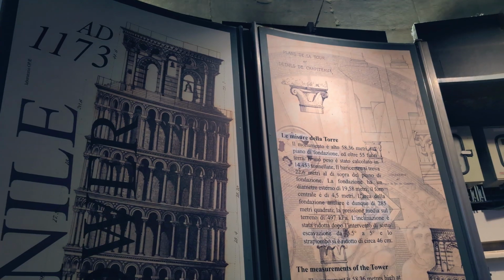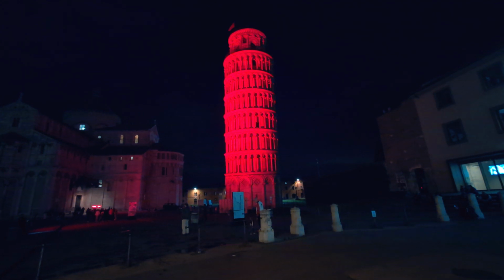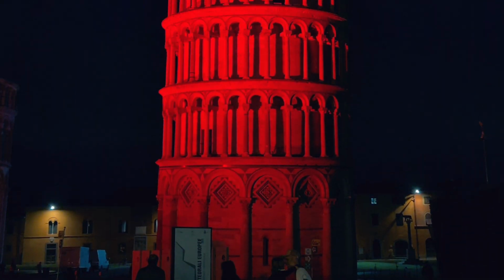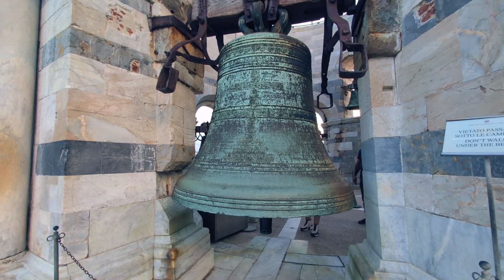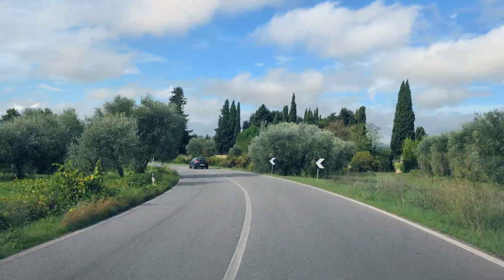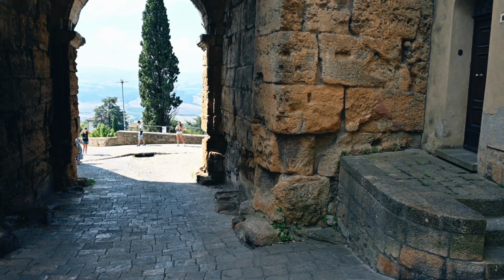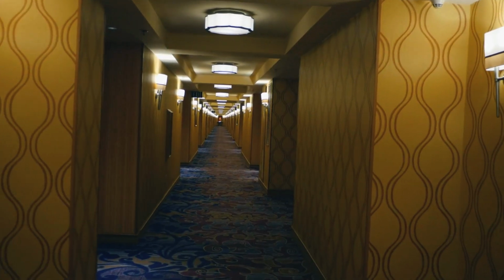Seeing the Leaning Tower is amazing anytime, but experiencing it at night is truly special. The way the tower and the whole piazza are illuminated gives them this magical warm hue. It was a perfect, slightly surreal highlight to cap off our Tuscan driving adventure. Tired but exhilarated with memories of charming hilltop towns and that iconic tower, we headed back to our hotel for